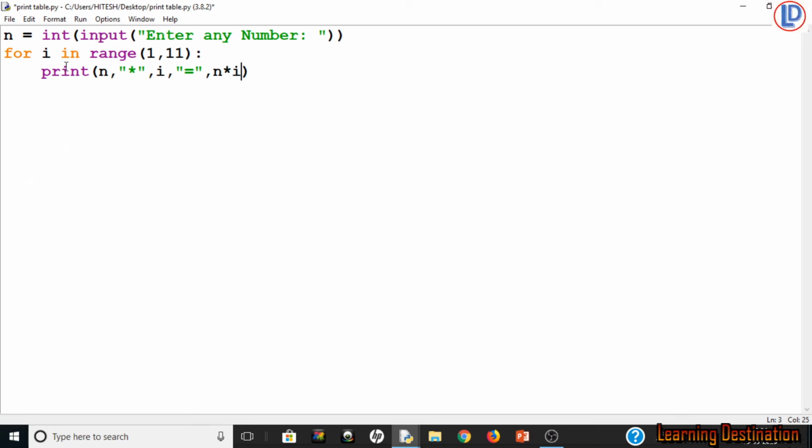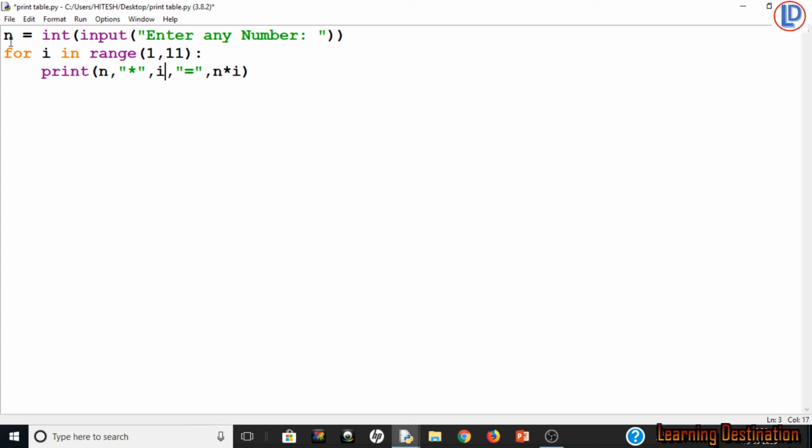We take the value of n first, then the multiplication sign, which is only a message because it is in double quotation marks. Then the value of i will be printed, whatever the value inside the loop for i is. Then it will have the equal sign, and then n into i will be printed.